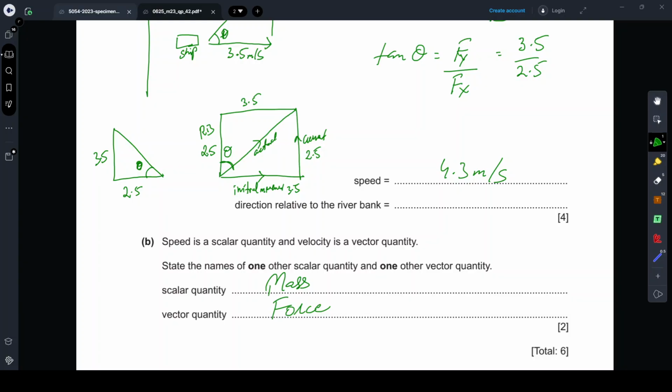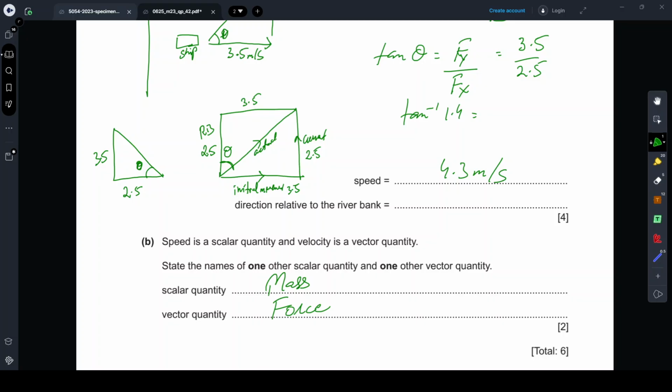Moving to the calculator, 3.5 divided by 2.5 gives you 1.4, and so you're taking a tan inverse of 1.4,